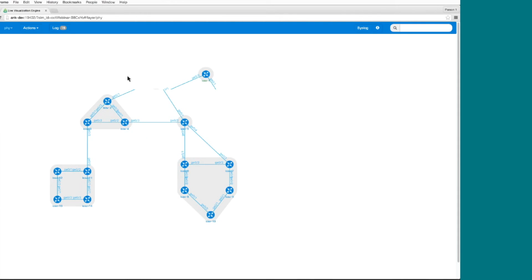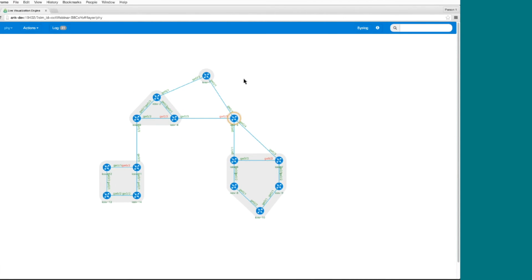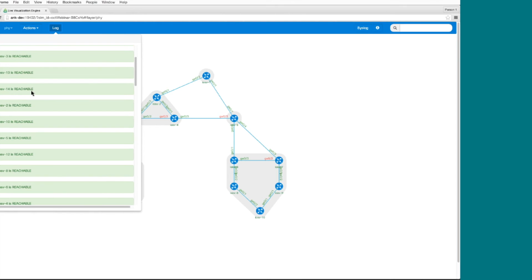Second try. All right. So if we trace from a node, what we can see here is that all the status has changed a couple of seconds later when the topology came up. Once we got the response back from the simulation engine, we saw the interfaces go from being black, which means we didn't have the state, to being red or green appropriately, and also the interface statuses. We go into the log here, and we can see that each of the nodes have come up as reachable because they've already been booted up.